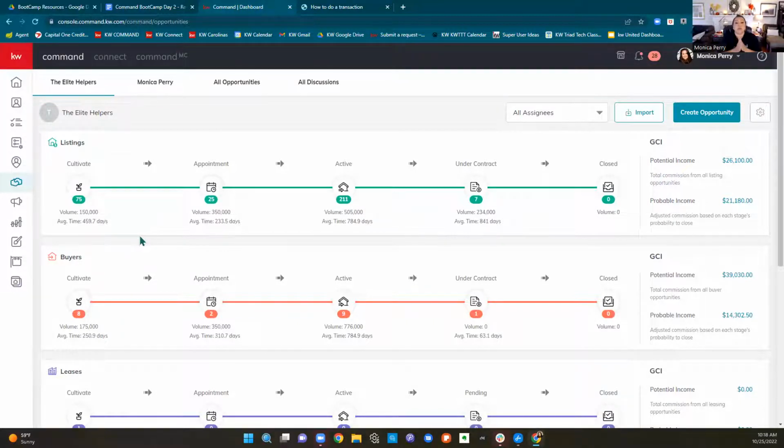Okay. If you're on a team, and that includes productivity coaching, you may see two pipelines. So I do have a fake team, okay, so that you guys can see the difference. So my team is called the Elite Helpers. So you can see this is my pipeline for the Elite Helpers. This is my pipeline